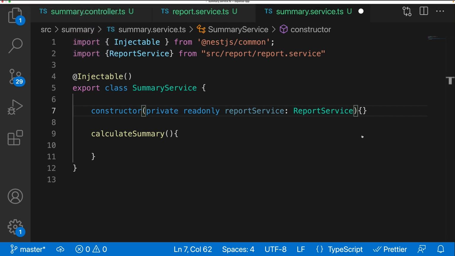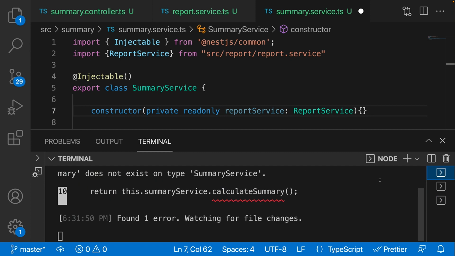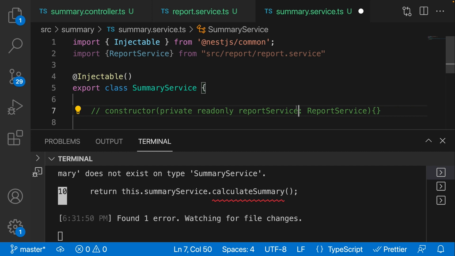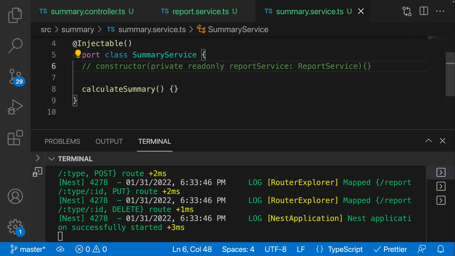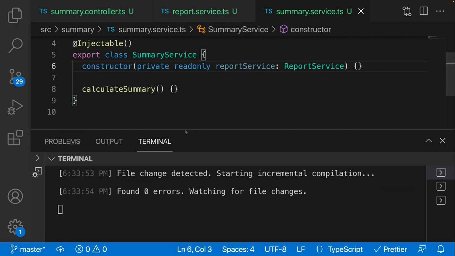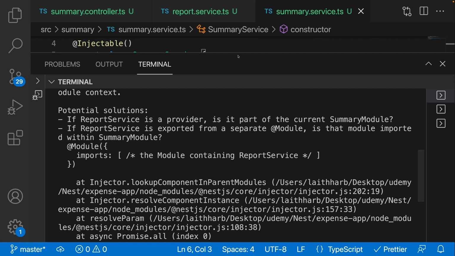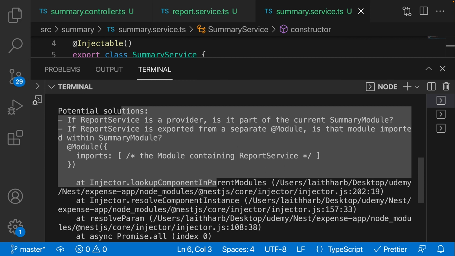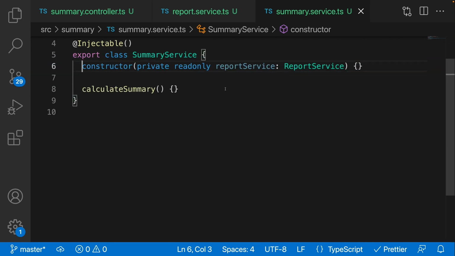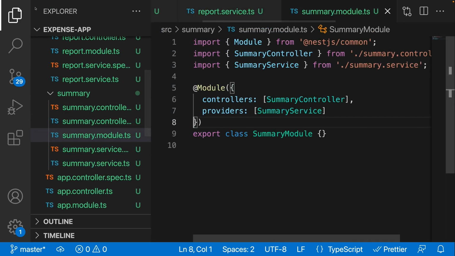However, let's actually go over here and take a look at what's going on. I wasn't expecting this error. Let me go ahead and just comment this out. Let's save this up. Okay, so it's working now. It's working a-okay. What I'm going to do now is uncomment this and save it. We're going to get an error right away. Now, NestJS does not understand this dependency one bit. It does not know what this ReportService is. And this is why we need to inject this service inside of the